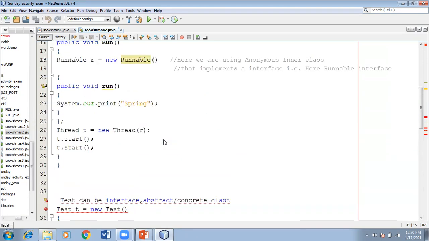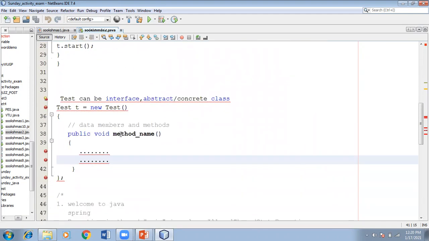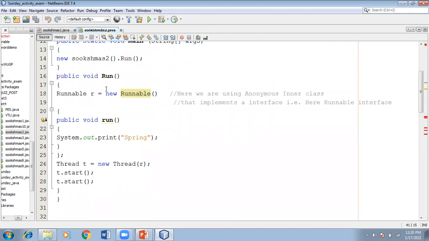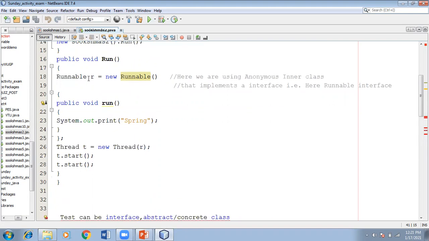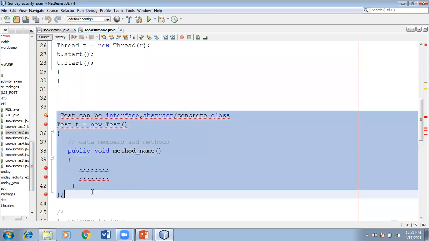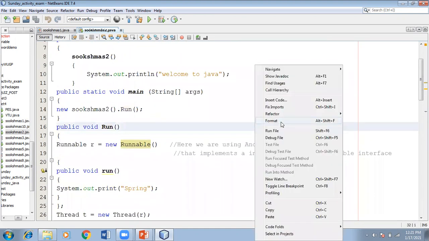Then you can go here. See, this is exactly what I did here. Here I created the object exactly like this. We are unable to create an object directly for interfaces, but we can use an anonymous inner class that implements the interface. This is the exact syntax. So we'll comment this out. Then if I'm trying to run this code,